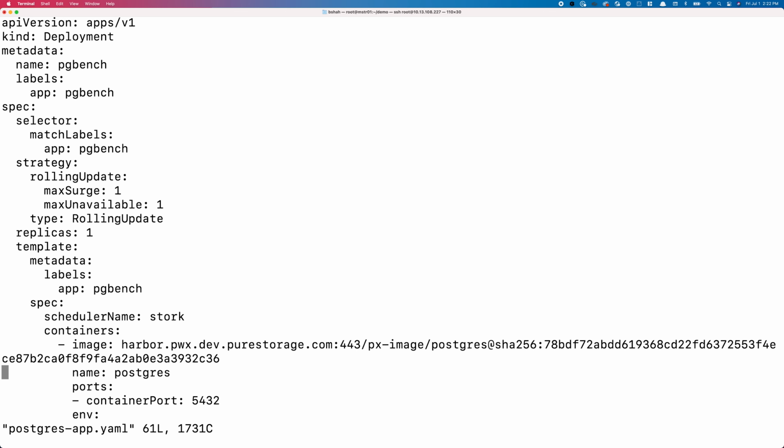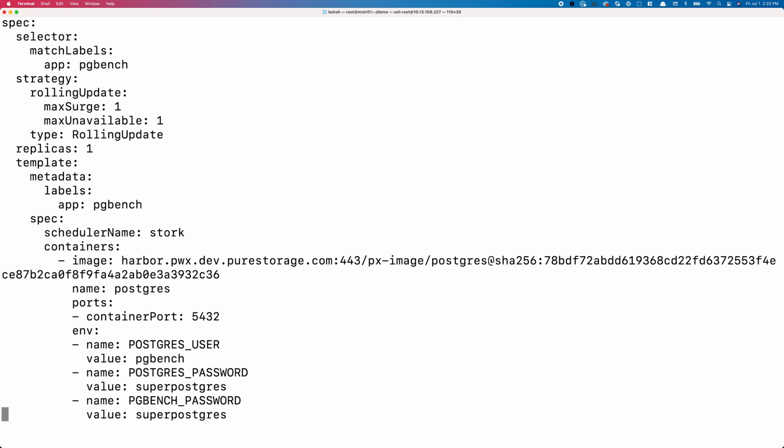So one of the things to verify here is, does your IPv6-only cluster have access to public registries or repositories, right? If you don't, there are organizations that will block that outbound traffic if it's on IPv6 versus IPv4. You might have to deploy a private registry, maybe something like a Harbor registry that's available to your cluster to pull images from. And that's the case for my cluster here as well. So as you can see, I have a local Harbor registry that I'm using to store my Postgres and pgbench